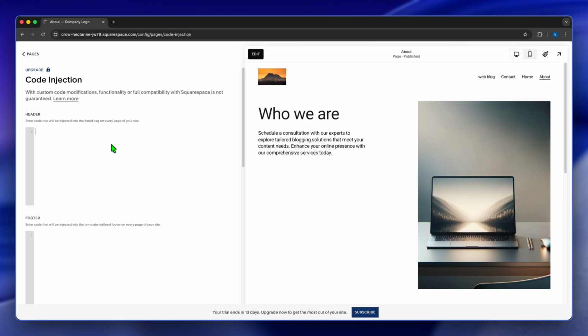And for the header, this is for scripts that must run before the page renders, and it's often for third-party libraries or specific integrations. And in the footer, you're going to include scripts that are recommended for better performance. And before you write your JavaScript code, you're going to ensure that it's in the script